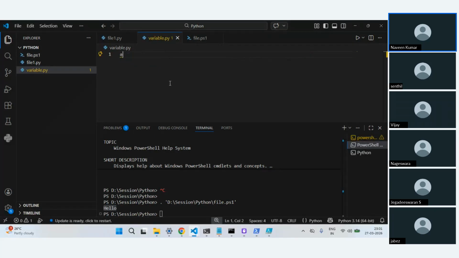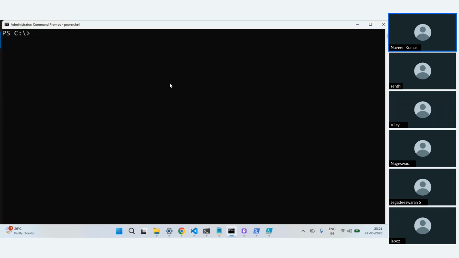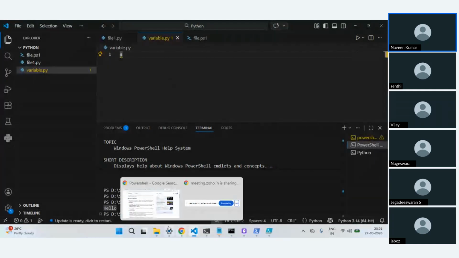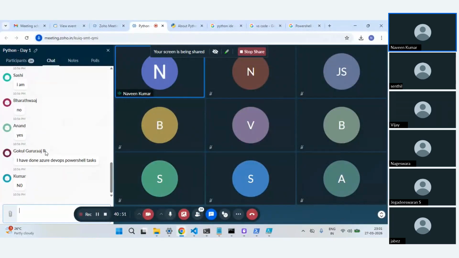So what I'll do is we'll define some values. Before I show, you all know what a variable is, be it in any programming language. It can be SQL or shell scripting or any language. Everyone knows what a variable is.